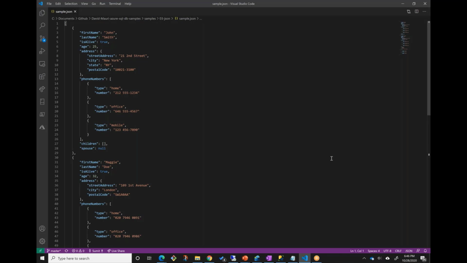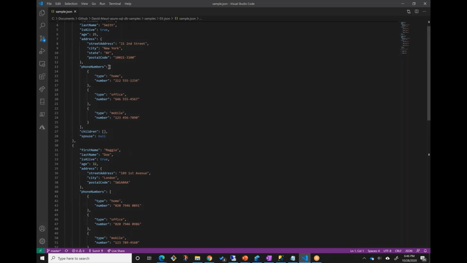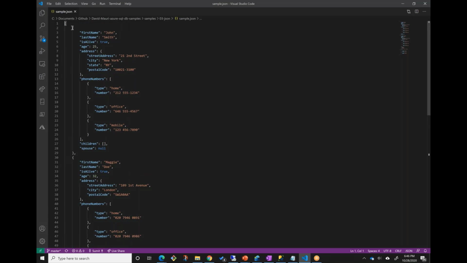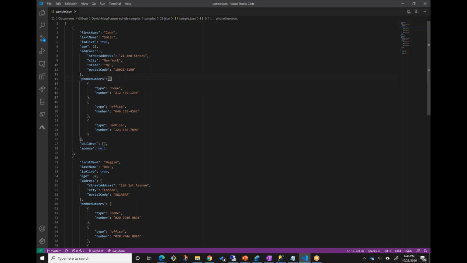So it's got 2 rows, as you can see. Well, actually, is it 2? Yeah, I think 2. So one document ends here from line number 2 all the way up to line number 29. We're talking about one person. His name is John Smith, age, address, phone numbers, and children, if he has children or not, spouse now. So this person seems like not married, doesn't have a child, has 3 different phone numbers, has an address, like a regular street address type.